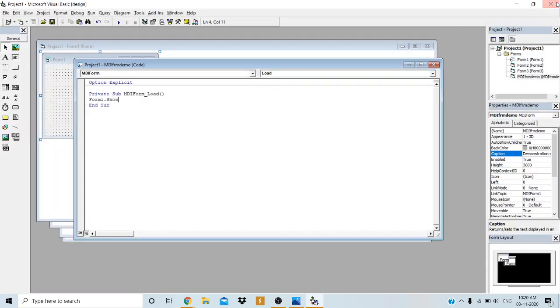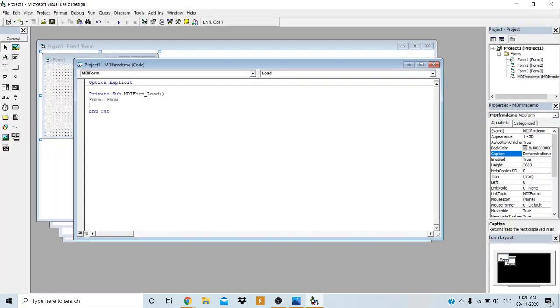Yes, sir. Okay, so when you minimize any of the child forms of the MDI form, they are going to appear in this way, at the bottom of the MDI parent form. Fine. If you want to close, you can close them. But when you close the MDI parent form itself, then its respective child forms as well as the MDI form are going to terminate, end.